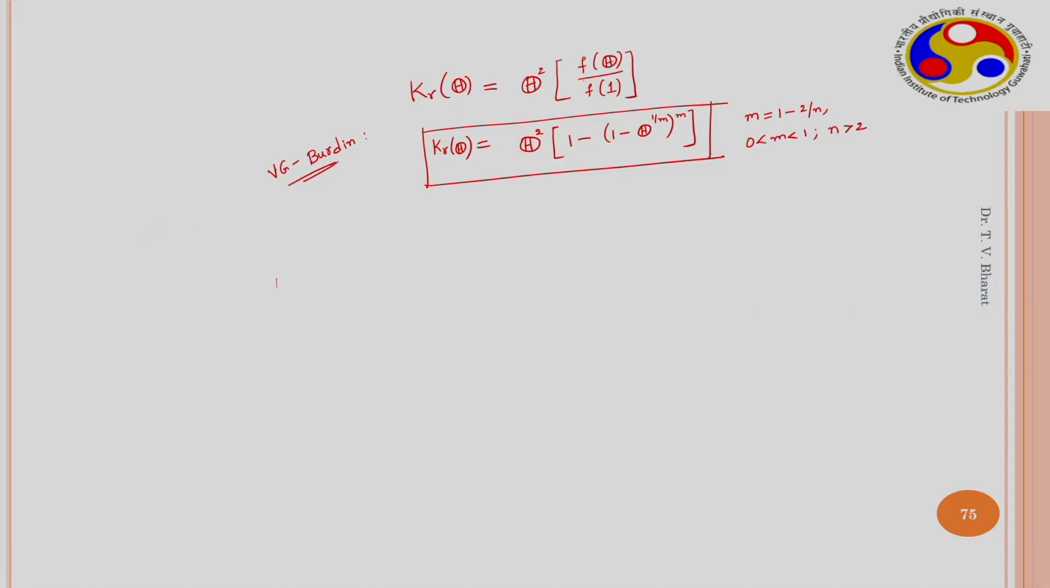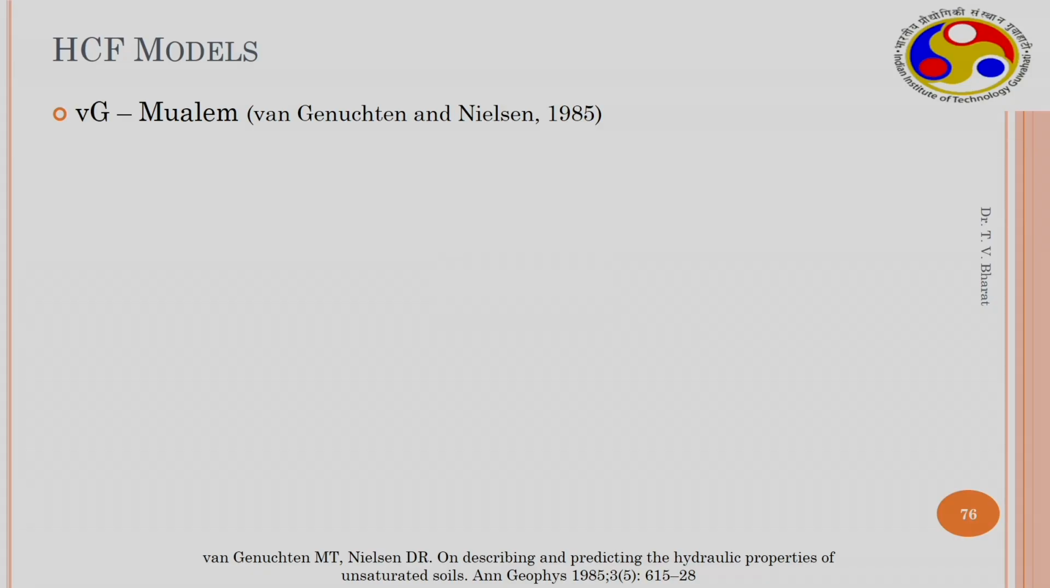However, in 1985, 5 years after this work by Van Genuchten, he realized that the general form of the equation that is derived has an analytical solution. So, then he published a work along with Nielsen in 1985, where he provides a general analytical solution for these equations. So, for the Van Genuchten-Mualem,